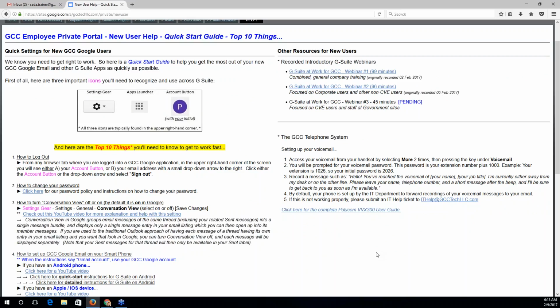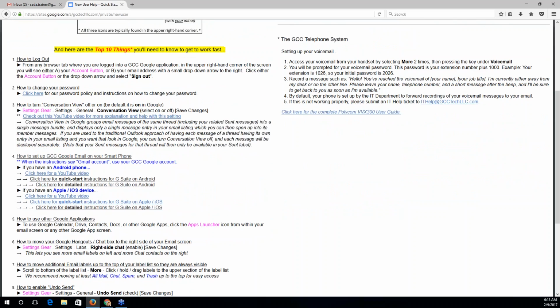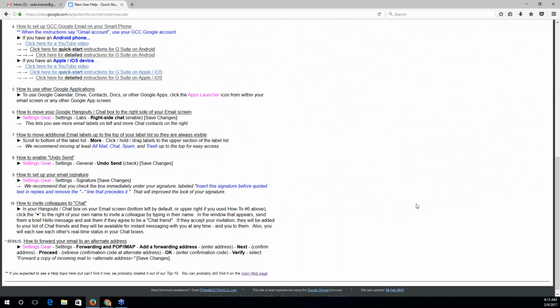It shows you the main 3 buttons you need to keep an eye on to get around the interface, and then the top 10 things. There's actually 11, so one's a bonus way down at the bottom, but I wanted to keep it to a top 10 list. The top 10 or 11 things help you get your interface all squared away to do the work for you as fast as possible.